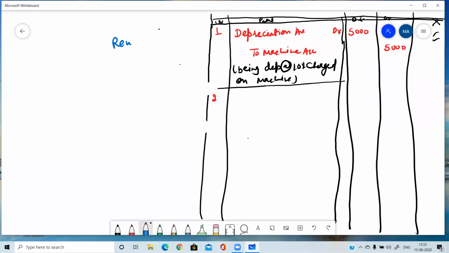No doubt in this rent account. Now, if we have paid the rent outstanding, it means till now we have not paid it. I told you in the previous transaction also, cash will be involved only when we have paid something or we have received something. But in this transaction, neither we have paid nor we have received. So cash cannot be involved.